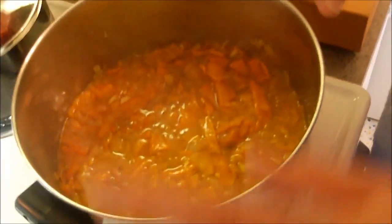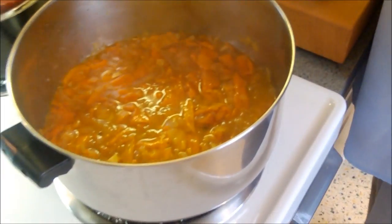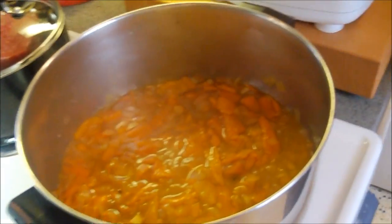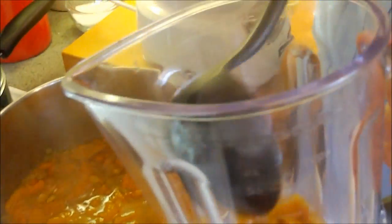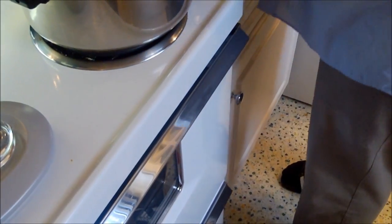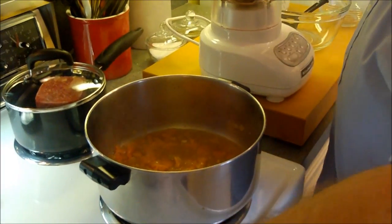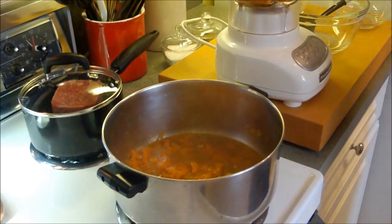So this has been simmering for about a half hour? No, about 20 minutes, 20-25 minutes. It's just been covered, simmering. Now what we're going to do is, in a few batches, puree this in the blender. The reason we're not putting this all in at once is because when you blend something hot, because of the steam, if you have too much in the blender, it could actually...